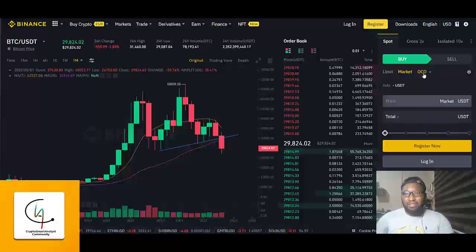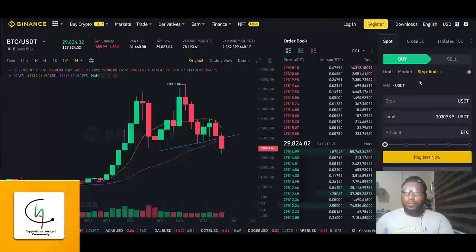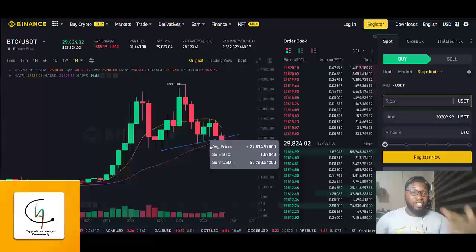Trigger price is the price at which it is going to trigger. Okay, this is it. We have stop for limit orders. We have a stop price, and we have a limit price. Your stop price is your trigger price. Whatever you enter here is your trigger price, and whatever you enter here in your limit is your execution price. The current market price of Bitcoin is around 29,800. I'm saying if the market is dumping and I want to stop out, I want to stop